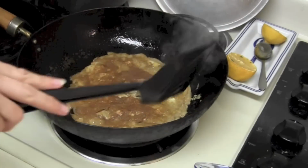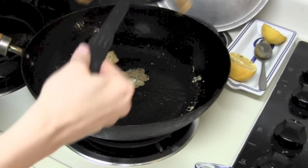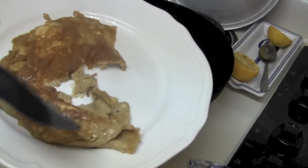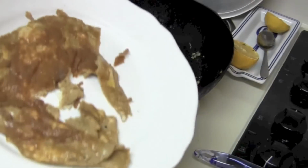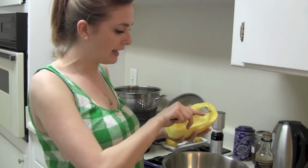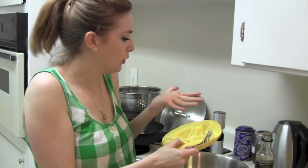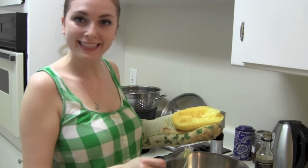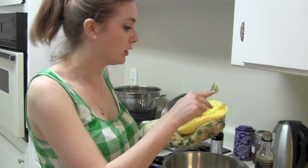Okay. The other side of it's a little bit brown now, so we're just gonna take it off and let it cool on a plate. Then we're gonna chop it up. So just go ahead and scrape it through. Oh, this one's not all the way cool. Try again. If you're in a rush like I am, you can always use an oven mitt to hold the